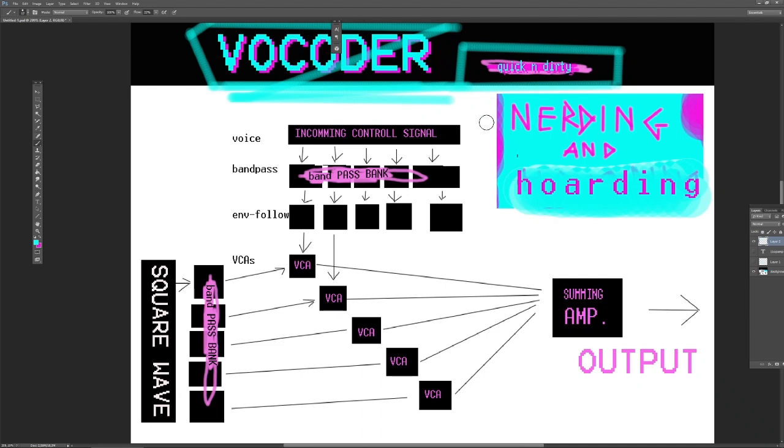If you don't know what it is, it's kind of an early voice-controlled speech synthesis thing. You have a microphone where you speak or sing with your voice. And this incoming signal is then passed through a bank of bandpass filters, and possibly there is a high pass filter on the one end and a low pass filter on the other end. And then